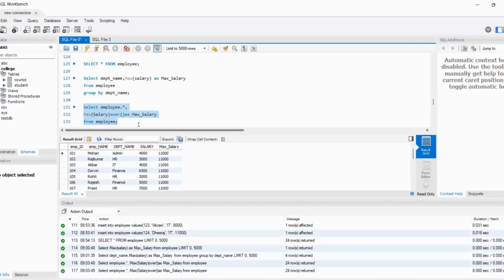Now, if we want the department-wise maximum salary, what is the maximum salary in the admin department, in the HR department, in the IT department and the finance department, for that we need to write PARTITION BY department, and this will be max_salary. Now, if we execute this query,